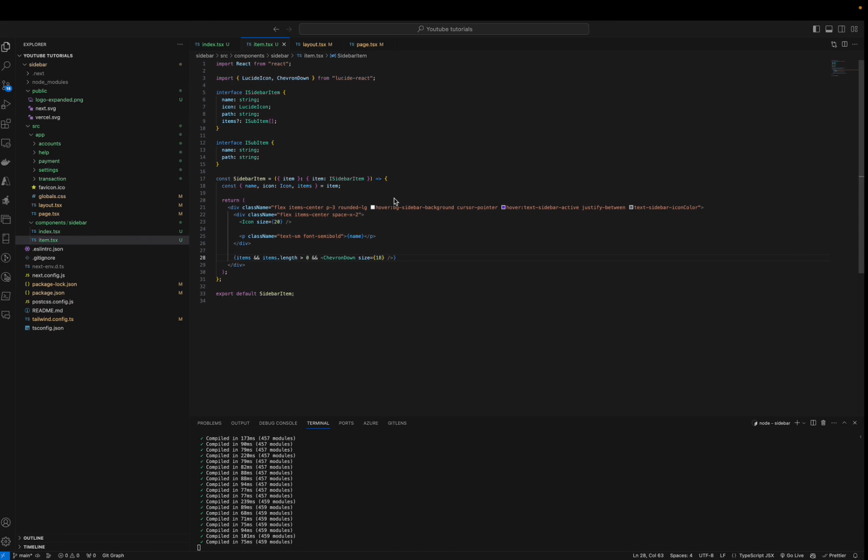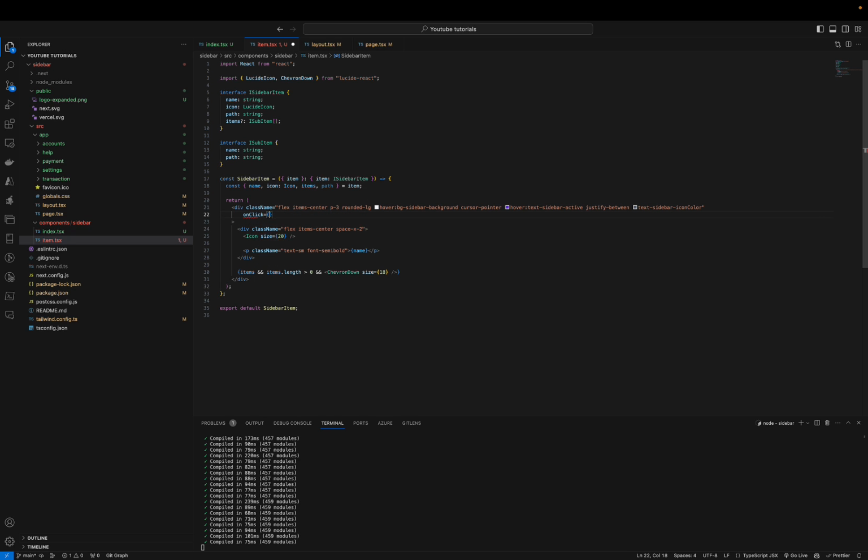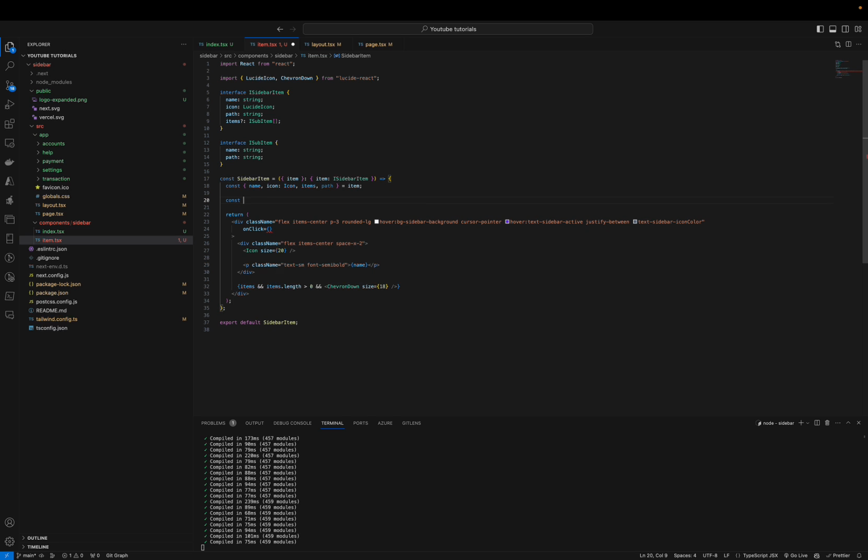Now that we have our UI ready for the sidebar, you will see that it is not clickable. We need to add that click functionality. And if you see, currently I'm on the transaction page, but it is not showing the transaction as active. So in order to do that, let's just start with making it clickable. So I have a path called this, and what I need to do is on this div, on click, I need to run a function called onClick function, which is an arrow function,